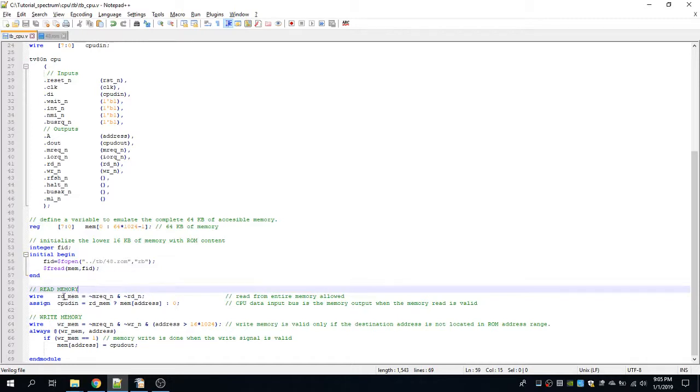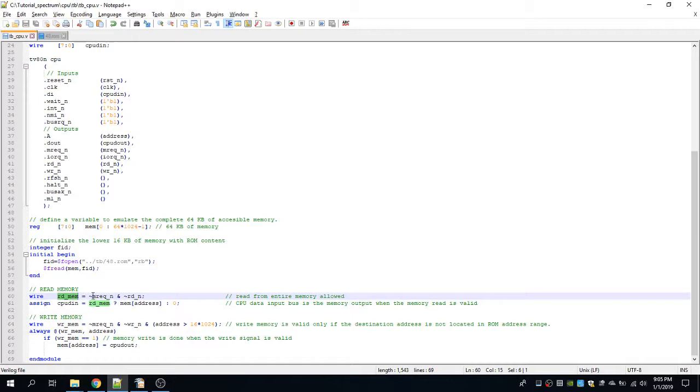Okay, in the next part, we are going to define some signals. This is the read memory signal. It is a logic combination of two already available signals from the processor interface. And this read memory is active on high level.